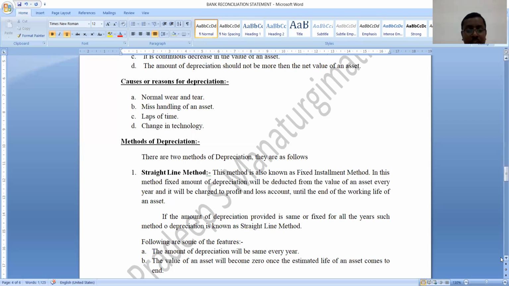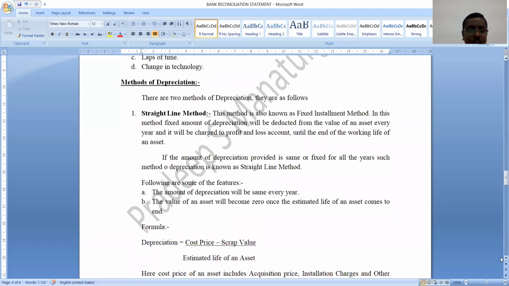By charging depreciation, they can write off that existing technology and go for new technology. So these are four important reasons, or causes, for depreciation. Next one is, what are the methods for depreciation? Actually, there are two methods which are made available for